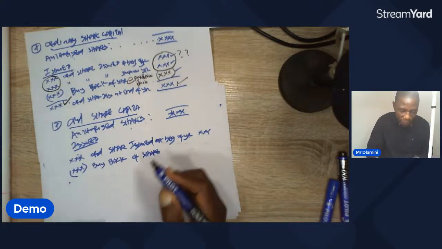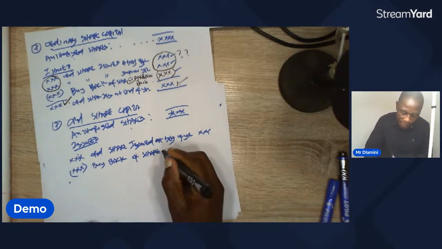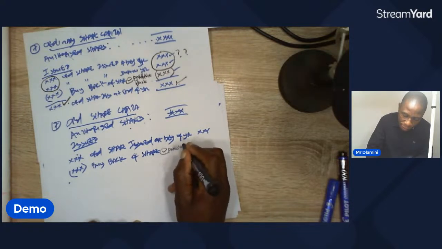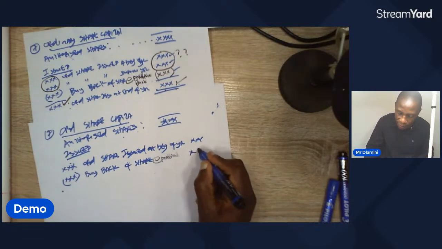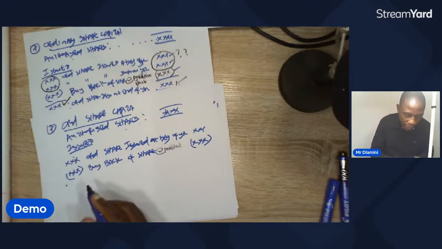Right? Remember, if buyback of shares, note number 7, we are using what? Average price. Then now we are saying average. We are times by average. You know now how to get the average, right? As I was showing you earlier on. So you get the figure. The figure must be always in brackets, right? And then